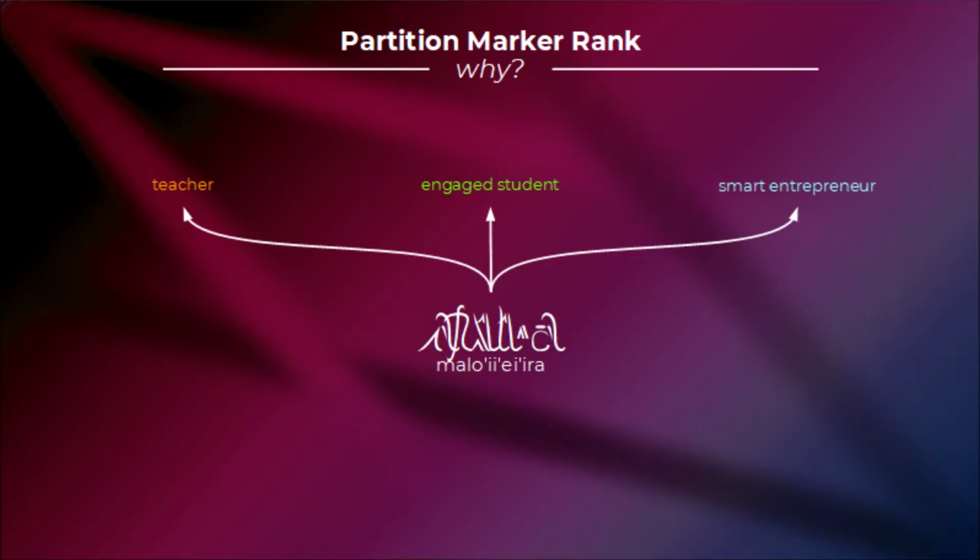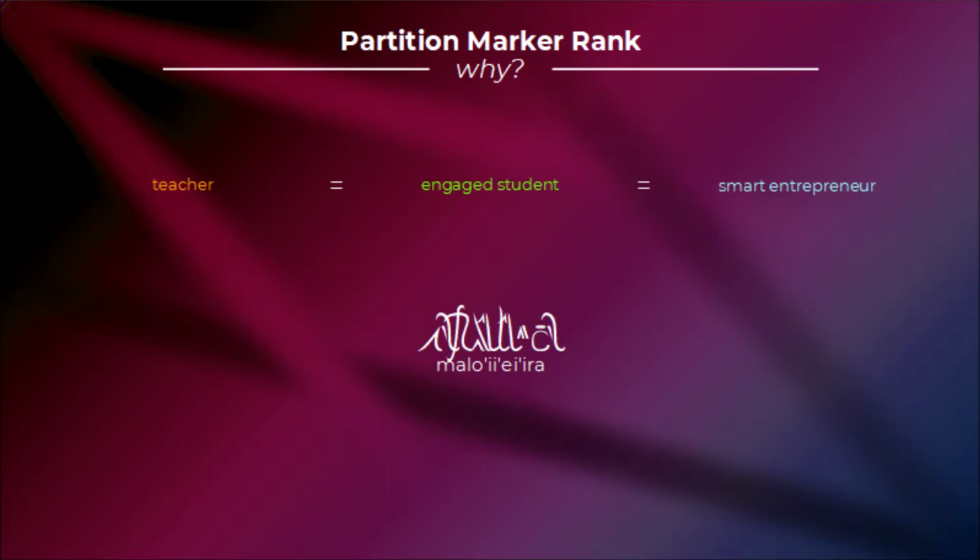Now we could get all romantically philosophical about it and argue that a smart entrepreneur is someone that goes to the school of life and is a lifelong engaged student, as well as someone open in sharing their knowledge with the world, teaching them how to become successful like themselves. But let's not kid ourselves here. For all practical purposes, these words just describe three different types of people. So which one is it? The teacher, the student, or the entrepreneur? This kind of ambiguity answers the question of why we need a solution,